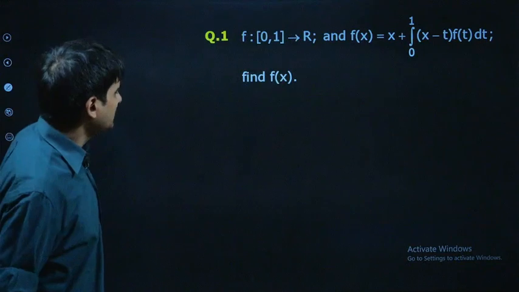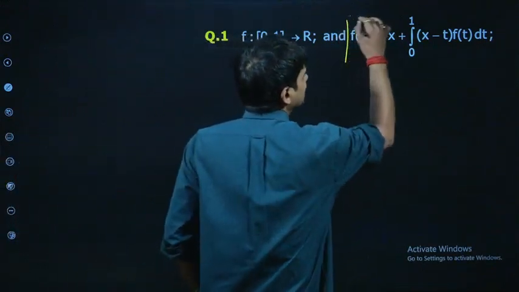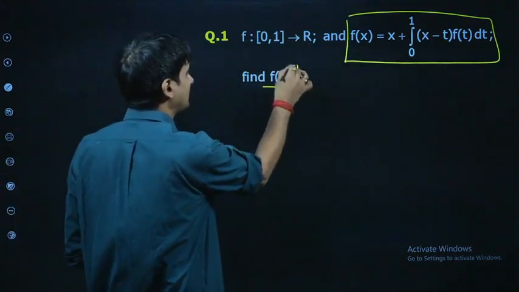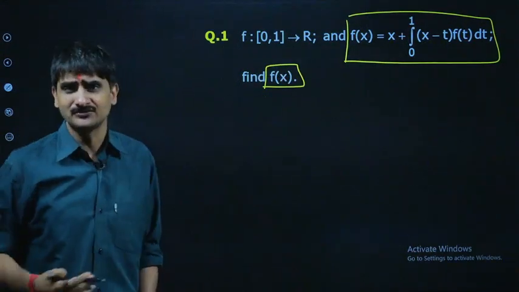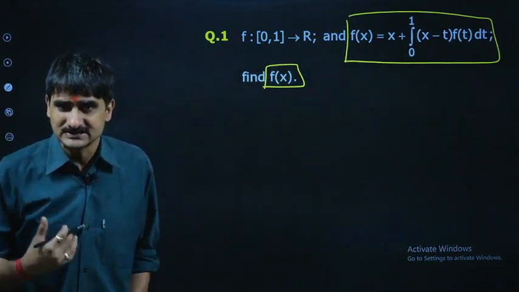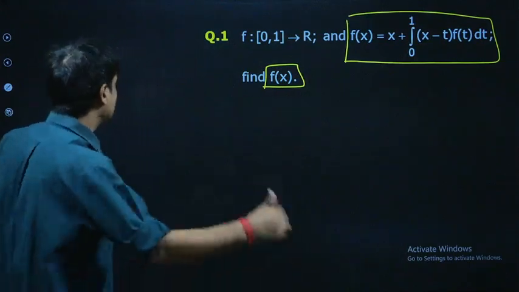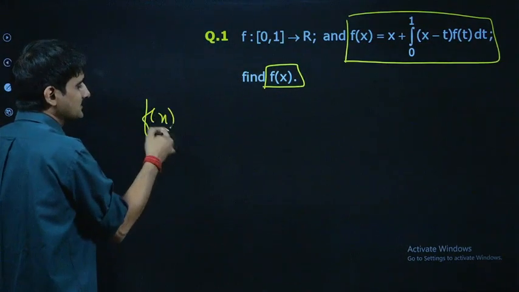So let's start. Here we are given this relation, and we have to find our f of x. How to start? Of course, we have already discussed the Leibniz rule of differentiation. So I'll be starting with the Leibniz rule of differentiation, but before that I would like to see what the problem is,